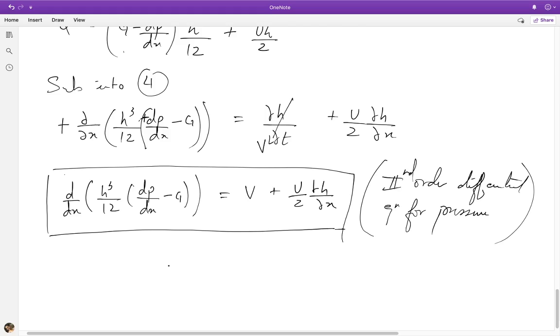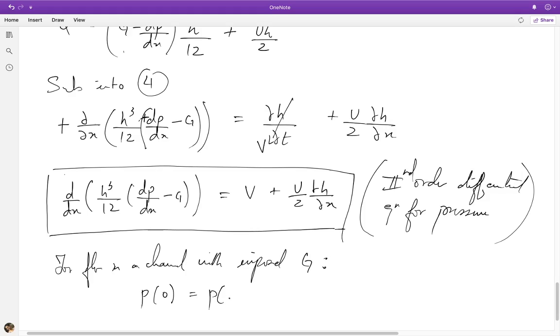So in that case, the pressure boundary condition should just be the inlet and outlet pressures in my domain. But since this p now is a disturbance or deviation pressure from the implied pressure gradient capital G, this small p should just be 0 at the inlet and outlet, because that's where I fix the imposed values of pressure to in fact give me capital G, right? So for flow in a channel with imposed pressure gradient G,